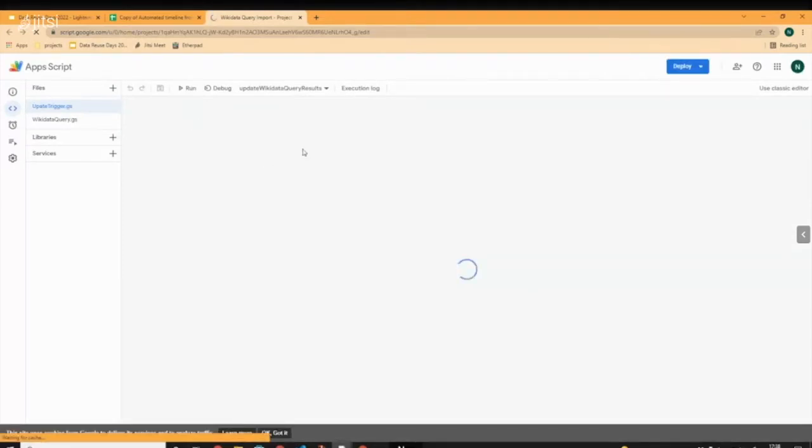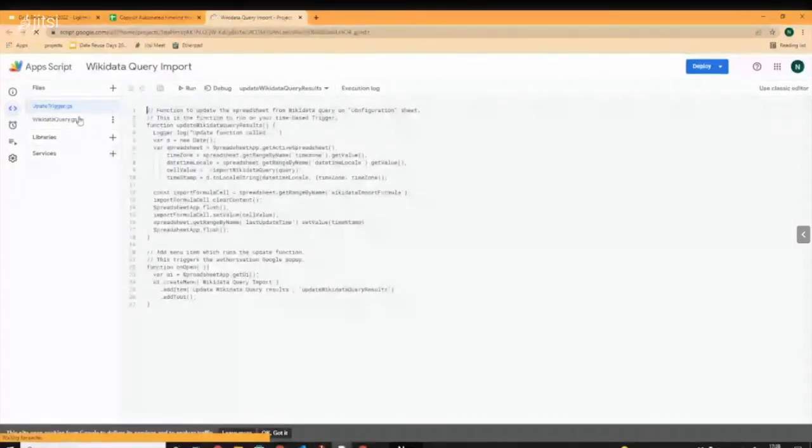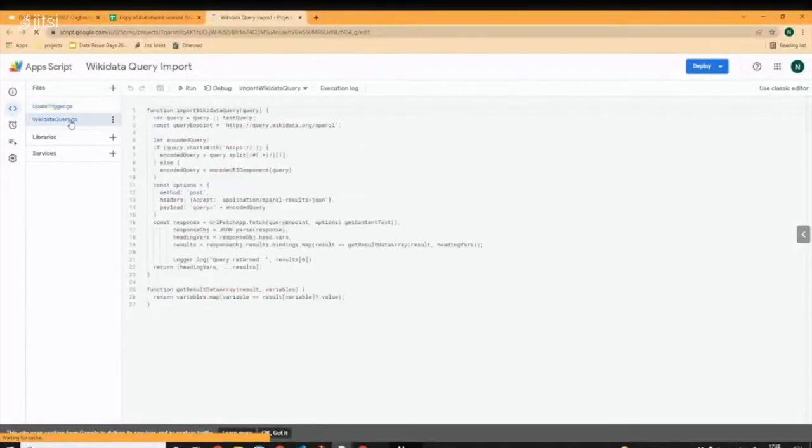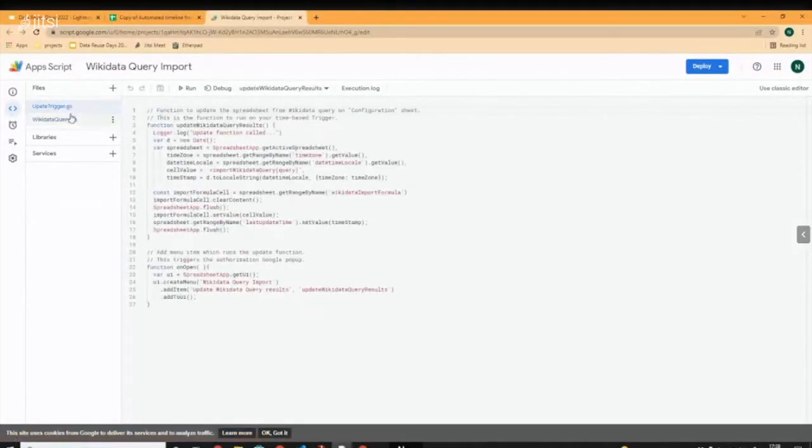Very quickly, you don't need to worry about these, except that there are two little scripts in here, which are responsible for the auto update. The only reason you might want to look over it is because we're going to need to authorize this script in a moment. It looks really scary, saying this could be dangerous. But this is where you look through if you want to inspect it and make sure nothing dodgy is happening. And so we click on this triggers option, which is where all the magic happens,